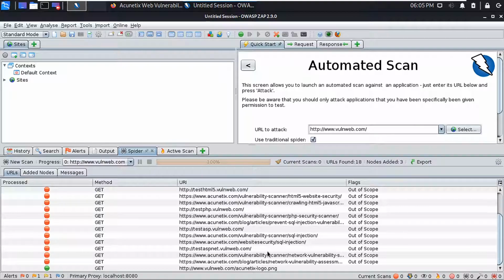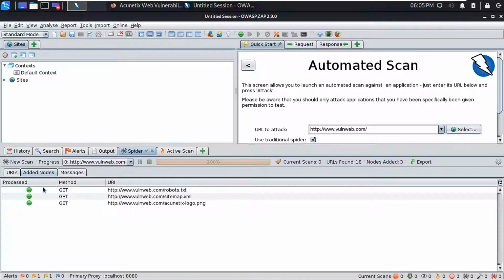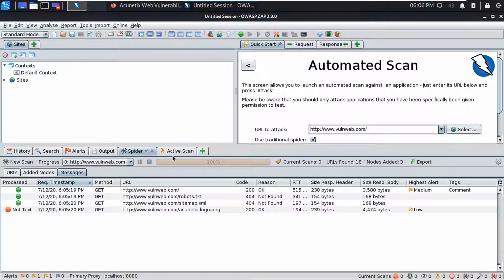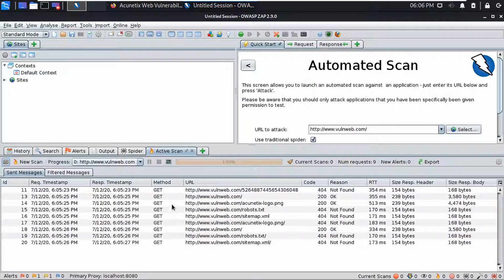So here you can see the list of websites that are connected with it. If you click on added nodes, you will have the robots.txt and sitemap of that website. These are some important documents that should not be published. If you click on the active scan, here we'll have all the sites that Zap found for you.